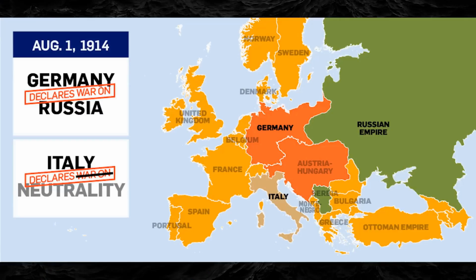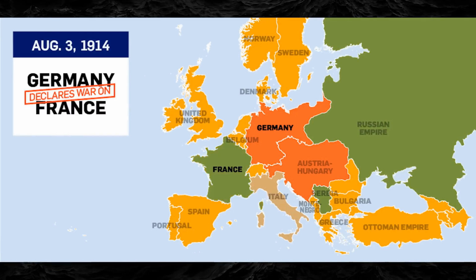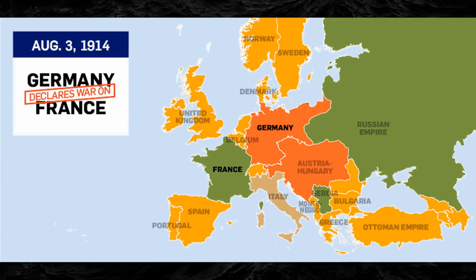But of course it doesn't happen just like that. On August 1st, they declare war on Russia. On August 3rd, 1914, they declare war on France. Italy says, I won't get involved. And Germany enters into war with both Russia and France. Austria-Hungary is providing support. Austria-Hungary is already at war with Serbia. Serbia, Russia, and France formed one front. The Austro-Hungarian Empire and Germany formed another front.